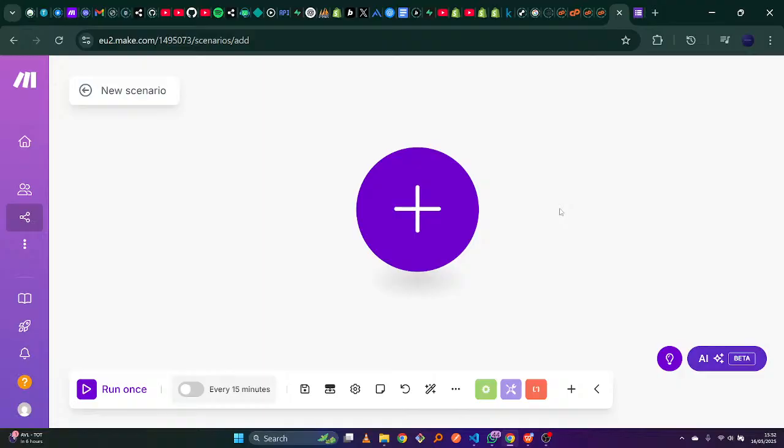So the workflow is they receive information from their Google form where their customers fill in the form,